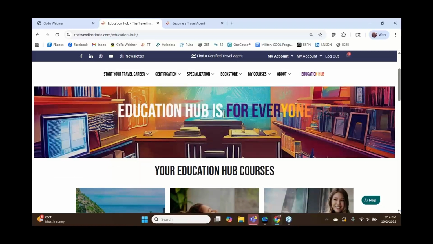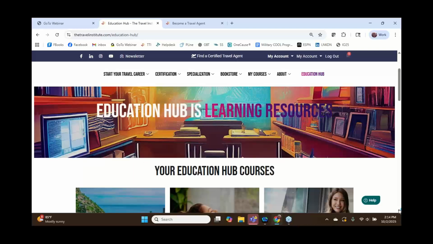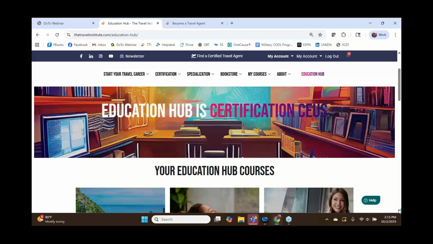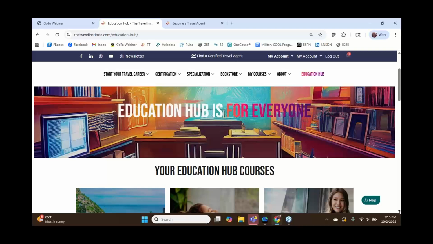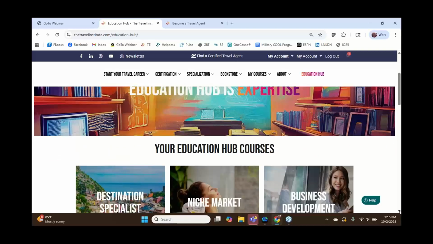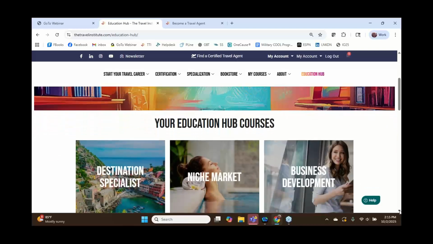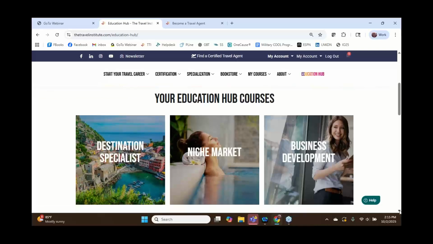Charging fees. I'm not comfortable charging fees. I really need to understand that better. Selling insurance. I need to do a better job of closing my insurance sales. So we can all use help as you're going through your career. And so this really gives you an opportunity to go in and, again, pick and choose what you want when